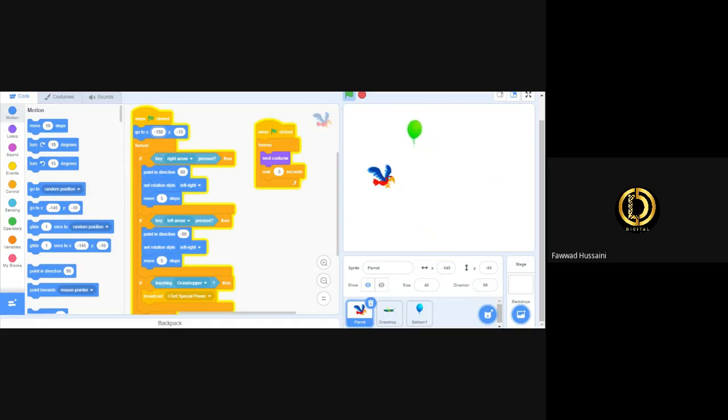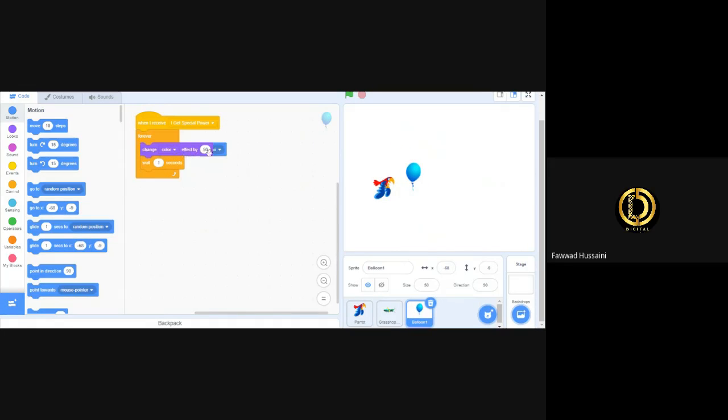That is the reason we have to introduce the concept of a timer. So let's get over there. For the balloon, I want to wait. I want to change this thing and